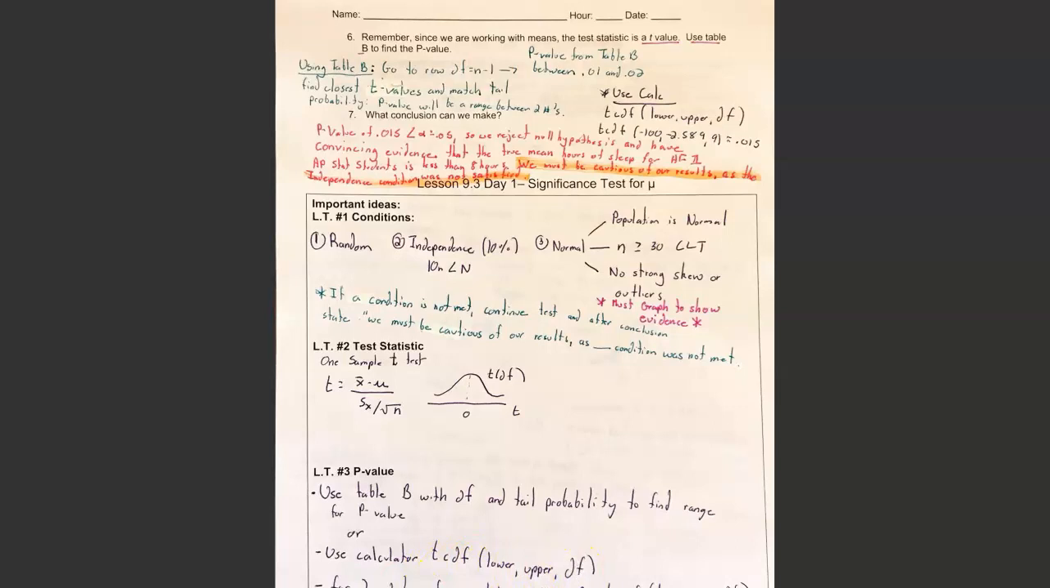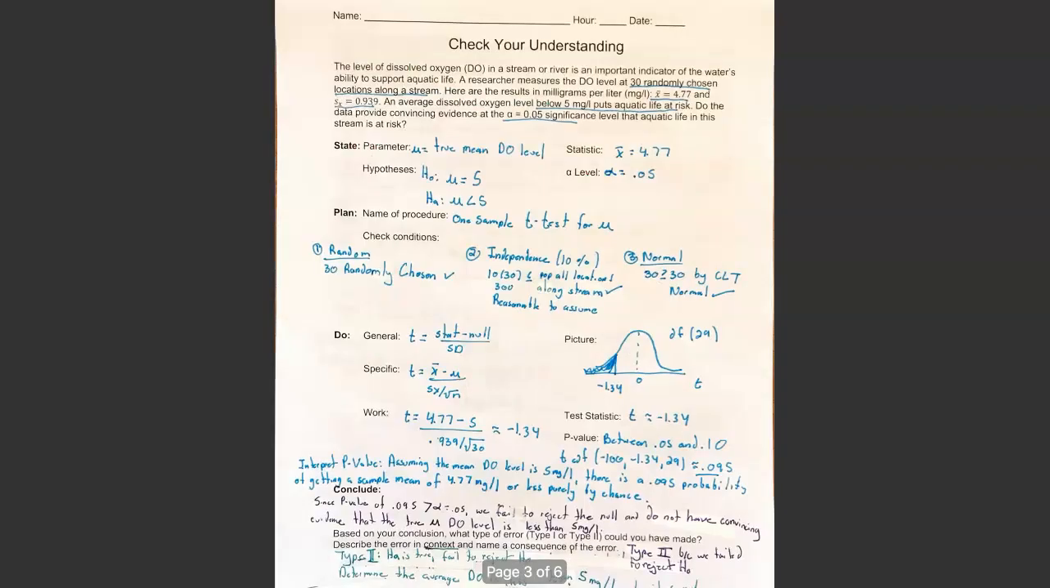If you have a two-sided significance test, for your p-value you're just going to take whatever you calculate for the tcdf and multiply it by 2. Okay, so you can pause the video and try the check understanding and come back and see how you did. Okay, so in this check understanding, the level of dissolved oxygen in a stream or river is